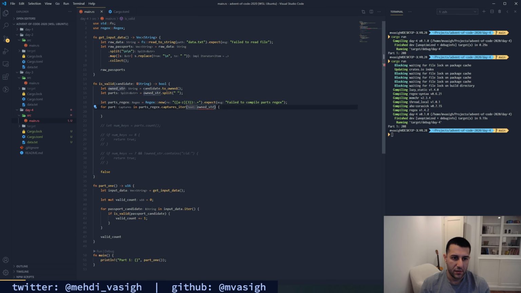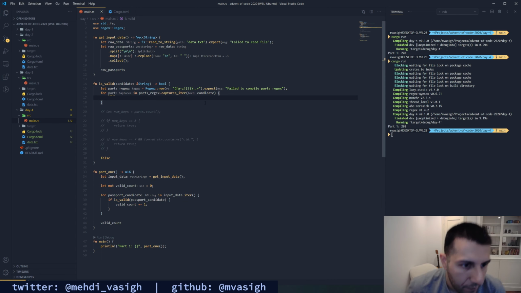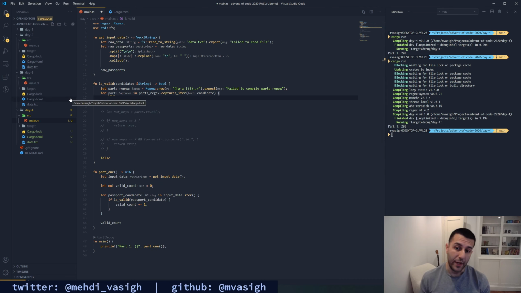And we can just do this. Now we don't need this, we don't need this, we don't need this. Great. So let's format this. Now part is going to be captures. I believe the first capture is going to be the entire match. We actually don't care about the entire match. The second capture is going to be the key, and the third capture is going to be the value.